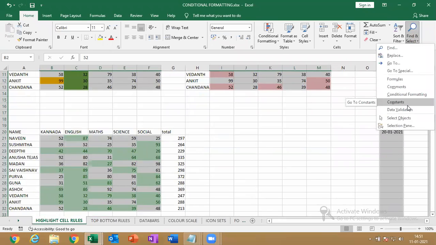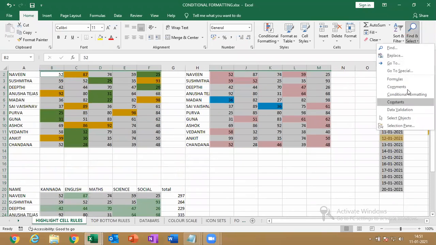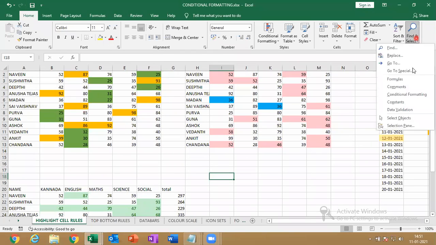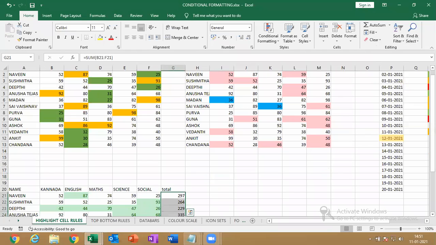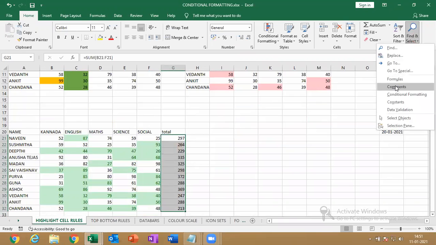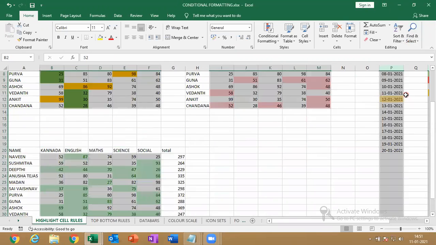Next, go for constants. These are all constants. Go To Special for formulas, you can find out where the formulas are. Just see, they are selected here. Where you want to go, you can go in a fraction of seconds. Where are the comments? I think we don't have comments here. Next, conditional formatting, entire sheet.